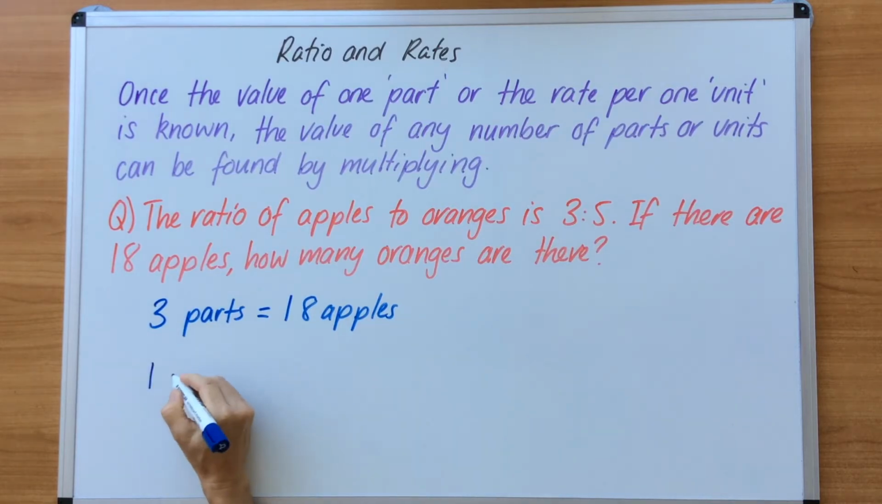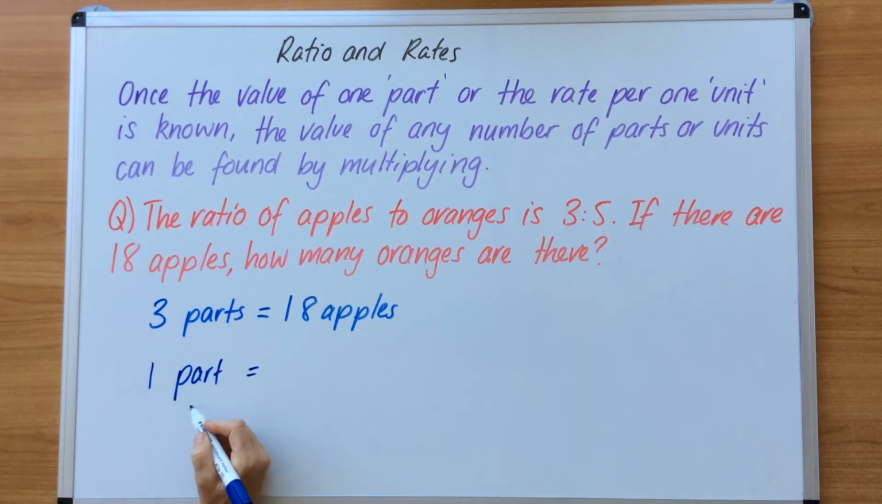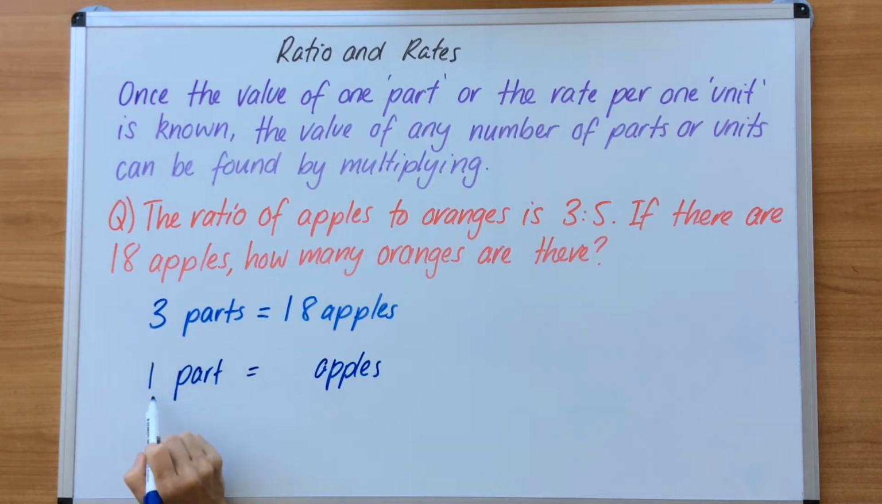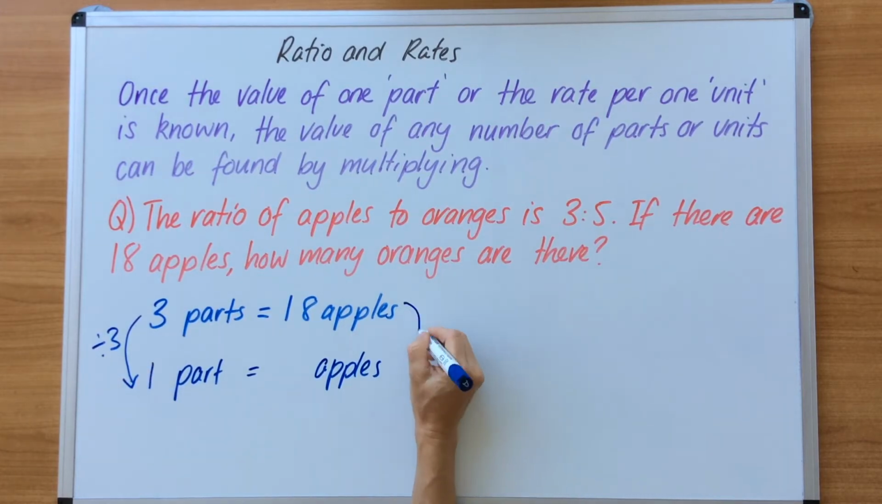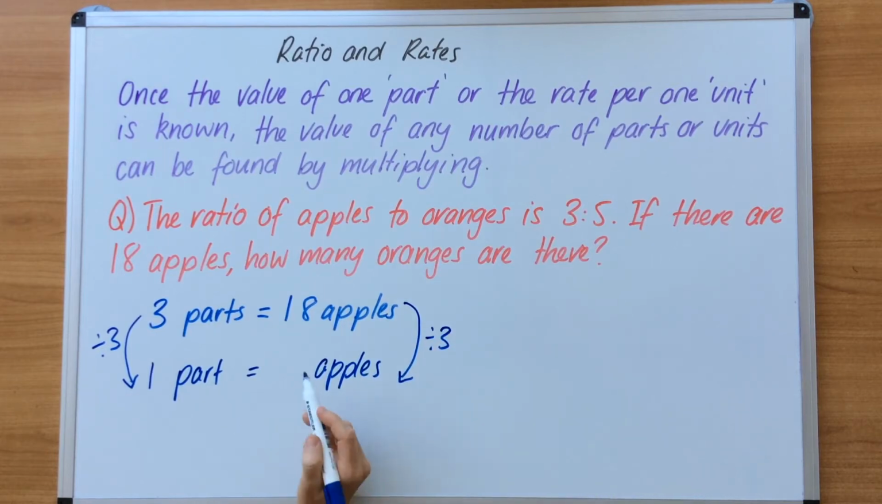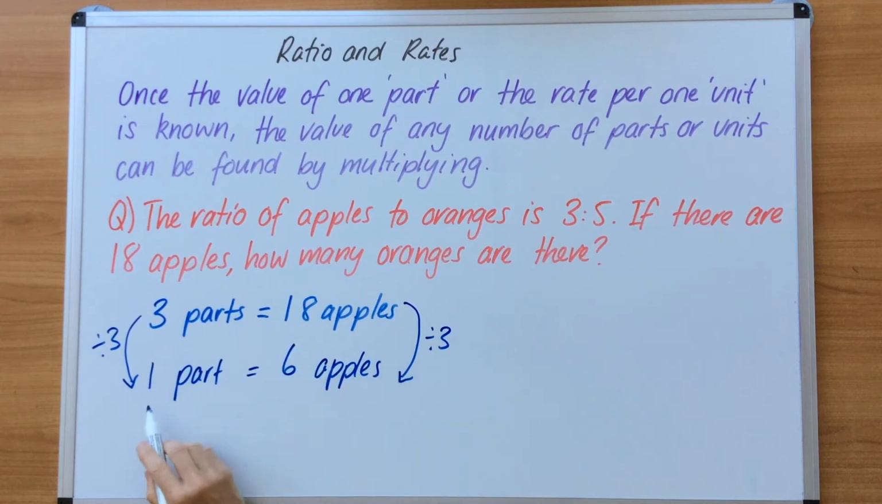I need to bring that down to 1 part now before I proceed. So 1 part equals, and I've got to figure out how many apples that is. So in order to get 3 parts down to 1, I have to divide by 3, and I must do the same thing to this side. So I now know that 18 divided by 3 equals 6. So 1 part of the apples is 6 apples, or 6 pieces, depending on the topic we're looking at, or